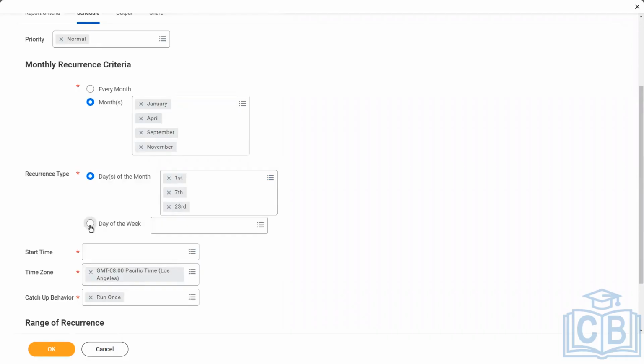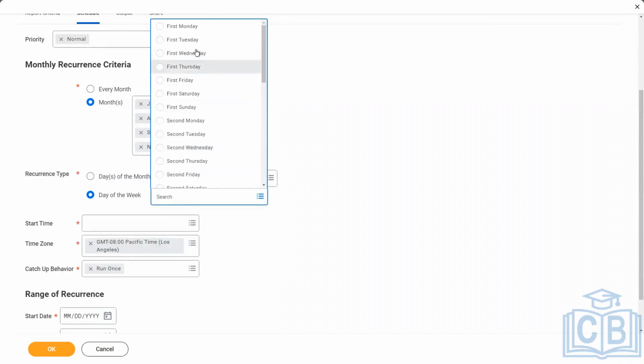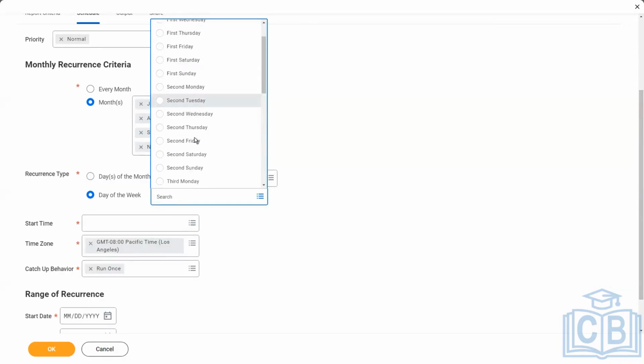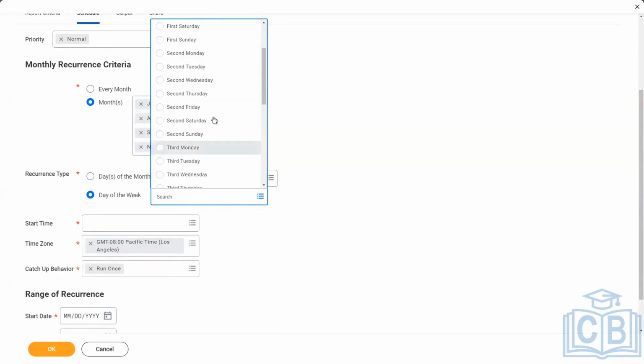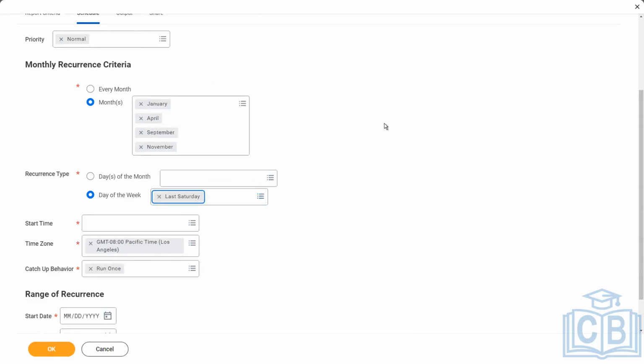And you also have the other option where you select the days of the week. I only want to run first Monday, second Monday, first Tuesday, second Sunday. If you want to specify a particular day of the week, sometimes the business wants this flexibility, you want to run it on the last Saturday of the month of these 4 months. Right. This will automatically calculate what is the last Saturday, and based on that, it will run. For a lot of financial reports and sometimes also for a lot of the payroll reports,